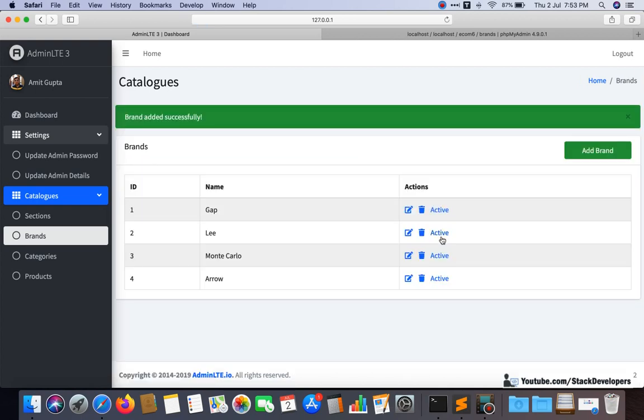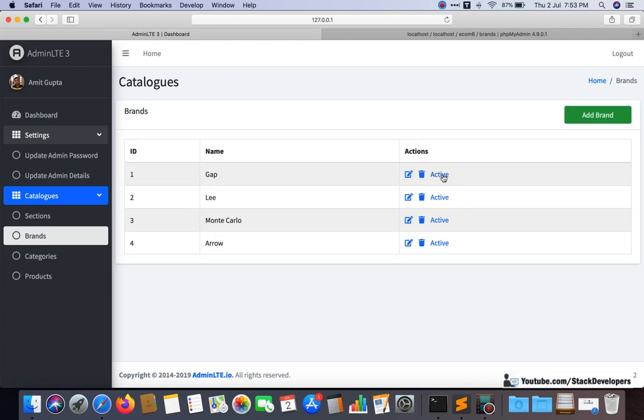So see, I want to update the icon for active inactive as well. I am going to use the Font Awesome icon for active inactive, and that is a bit complex, but I want to use that icon, because that will make our admin really attractive. So I will use one icon. I have found one icon, and that I want to use. So see, I have used that.